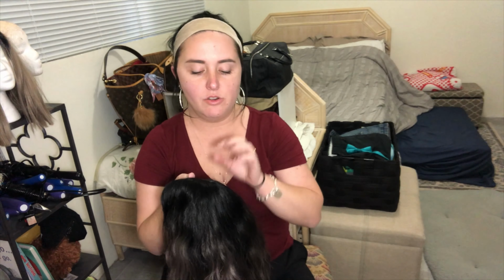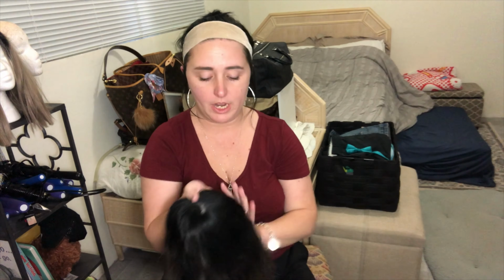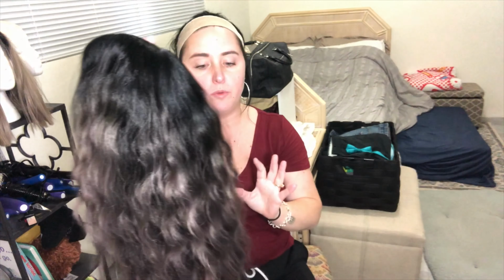So again, boom, there you go. It is beautiful. I love it. I really love it. And I know I keep on talking about the dark rooting. Normally I'm the kind of person who wants a wig, if there is dark rooting, to go all the way through the whole wig. But with this particular one, it doesn't bother me